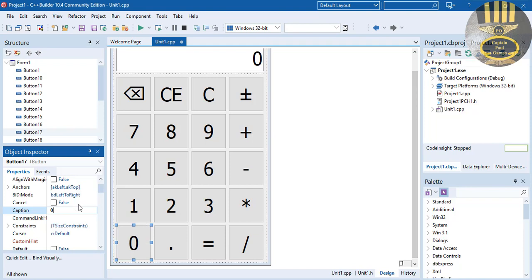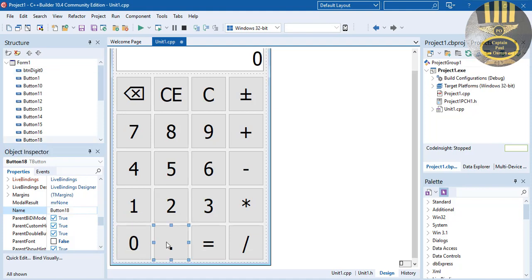Now let's go to the naming. You see the button that is already selected as the 0, so let's change that to BTN digit 0. So that's the very first one. The next one beside it, that's going to be BTN dot, and followed by BTN equals. We have BTN divide. Right, now we have BTN multiplication,